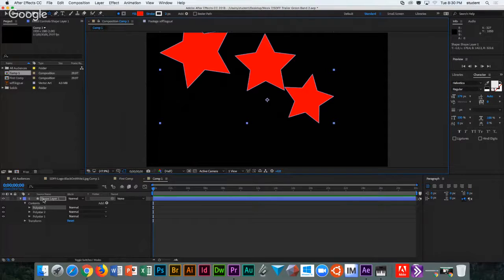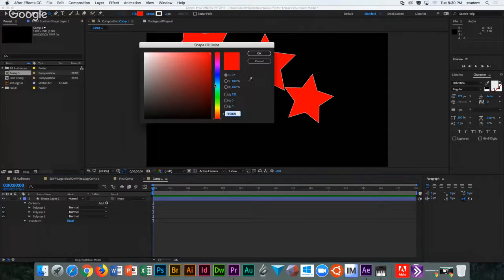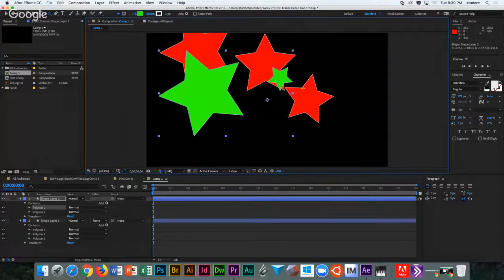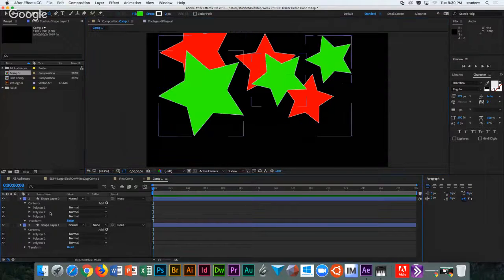So shape layers are very interesting. They're kind of first order capabilities here. You can use shape layers to do a variety of stuff. Right now, for basic compositing reasons, we want to choose, let me choose a different color this time. So we'll choose some green stars, and by clicking off of the shape layer, if none of these shape layers